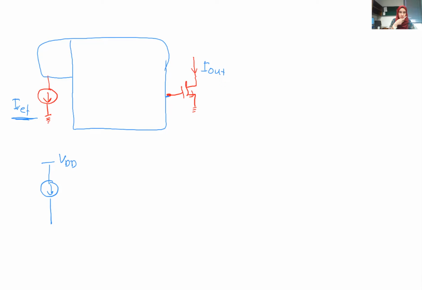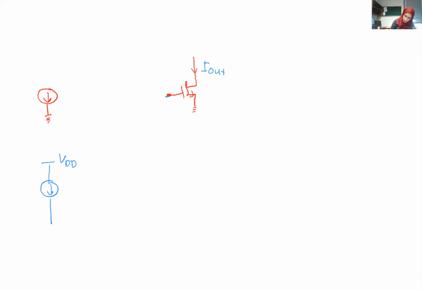So what should we do? The solution or the idea is that we are not only limited to current sources or current mirrors that are formed through NMOS devices. We can also form current mirrors using PMOS devices. So if we do something like this, we have here a diode connected